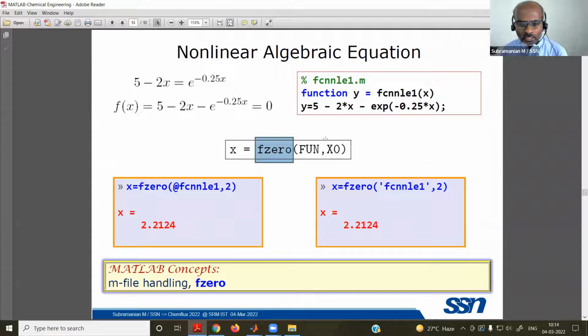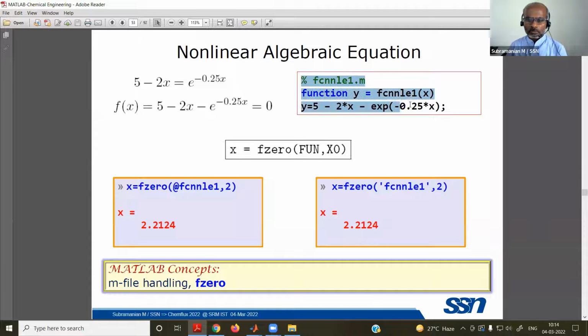So we are starting with the initial guess, given as x naught. Say, for example, this file is fcnnle1, and I am giving the initial guess as 2, and fsolve is the solver of MATLAB. So to the solver, we are giving the file name and the initial guess. The file name is a function name.